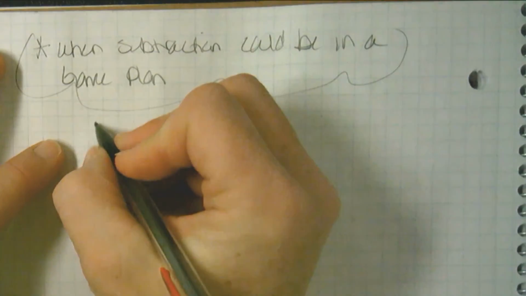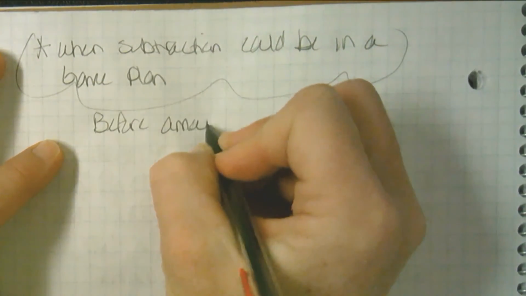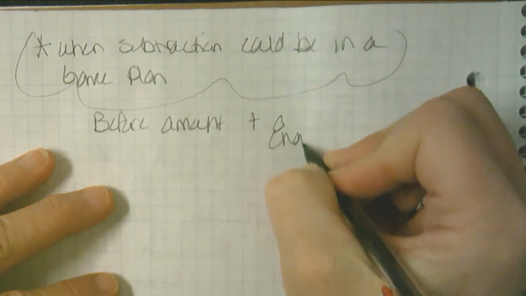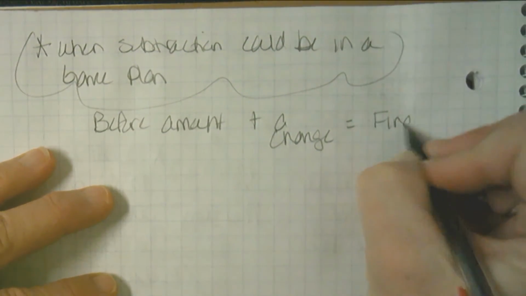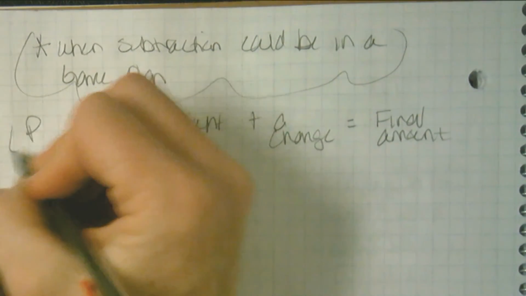So if we have a before amount plus a change equals the final amount, when this is our game plan,